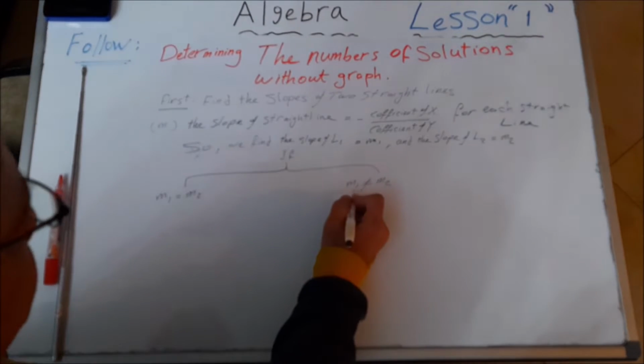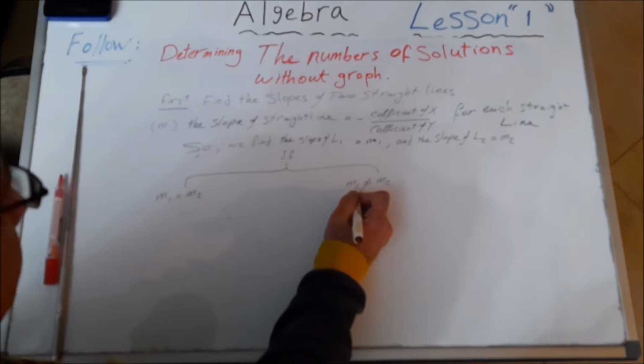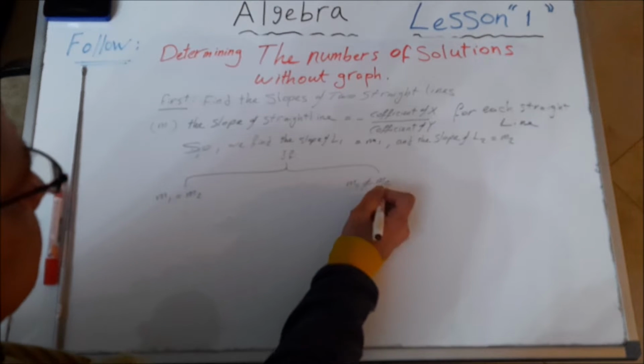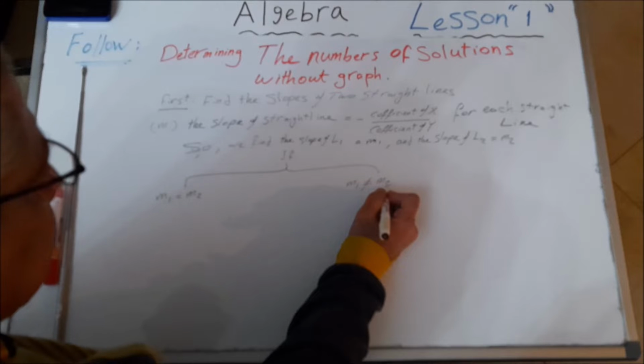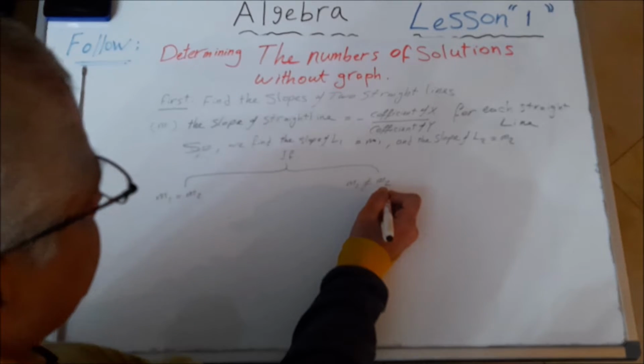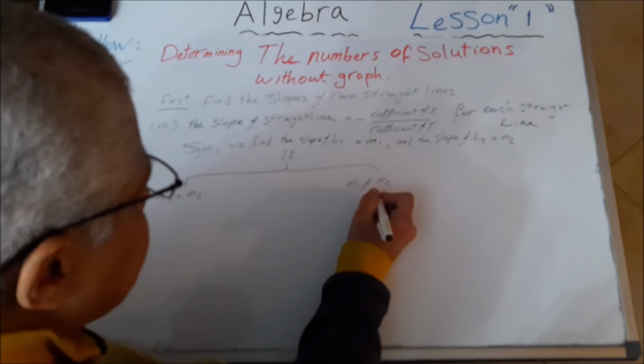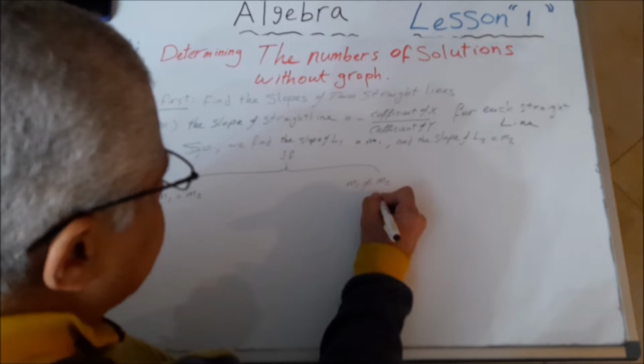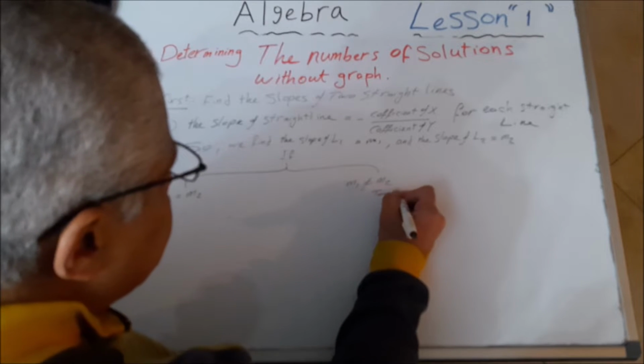When M1 اللي هو ال slope of straight line 1 doesn't equal the slope of straight line L2 اللي هو M2, in this case we can say that two straight lines